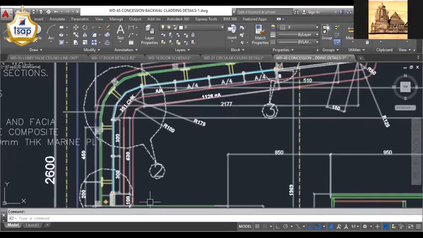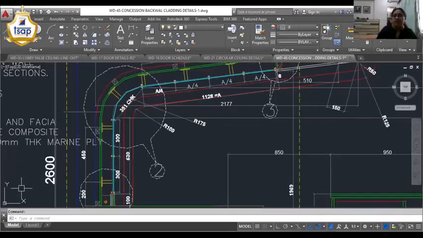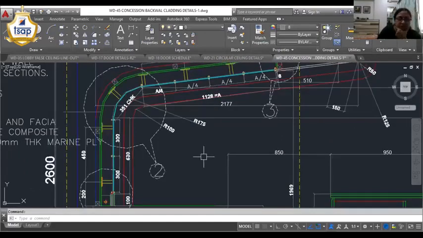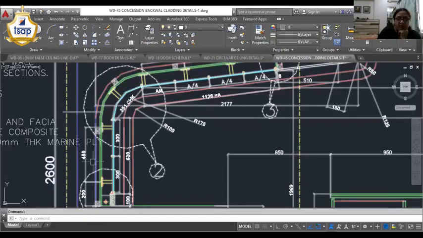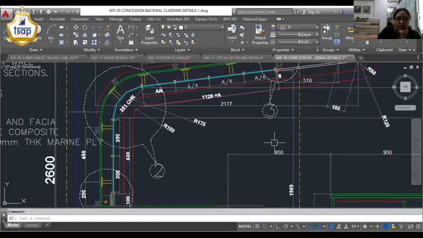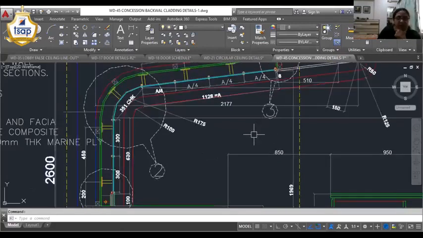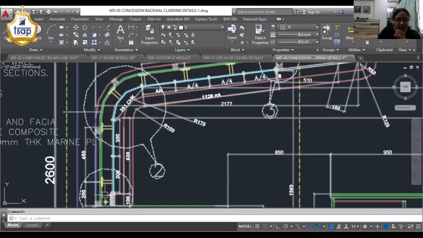Okay. Now the wooden paneling behind the concession counter was made out of perforated metal sheet, which had a backlit element. So we had to construct a false ceiling first, made out of a wooden framework. Then it was cladded with 12 mm thickness plywood, and after that metal spacers were given to support the perforated metal sheet.